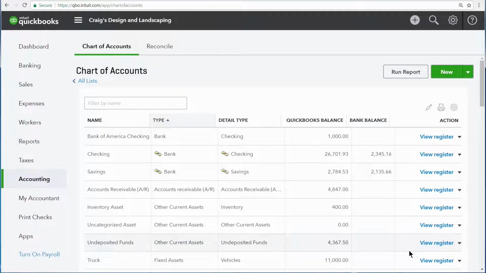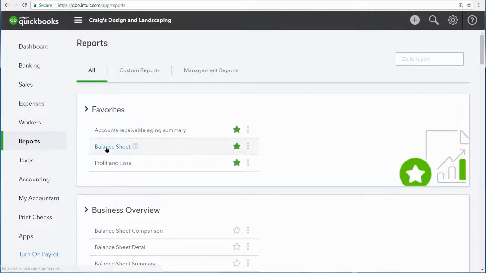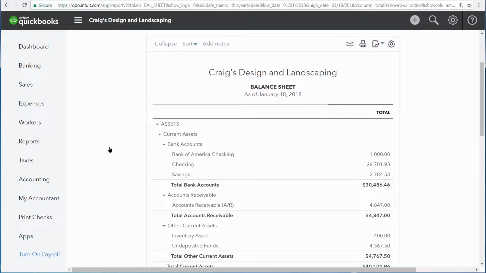Now let's look at the impact of this transaction. First, go to Reports, and then open the balance sheet. Up at the top, we can see that the checking account balance has been reduced by the amount of the